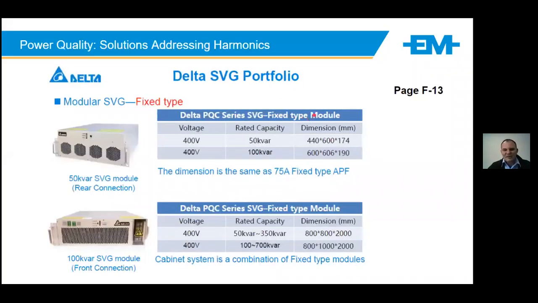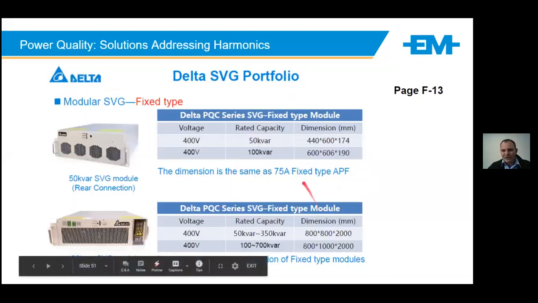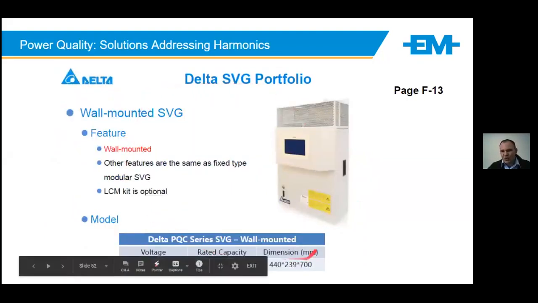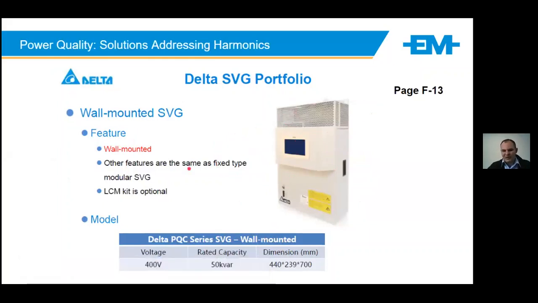The same concept is applied for static VAR generation. In this case, you would have a kVAR rating. Note this does not do any harmonic mitigation. And the same would apply. You would choose your cabinet and add the relevant amount of kVAR into that cabinet. The SVG also comes in a wall mount configuration. So if you have an application that is fast switching, low kVAR, maybe you only need one or multiple depending on your site.